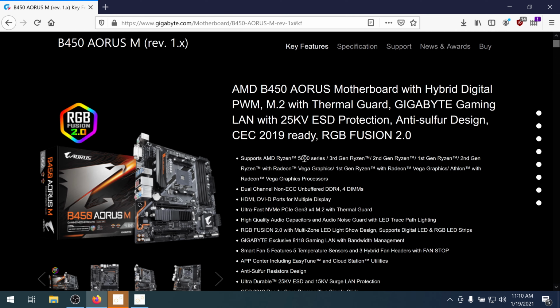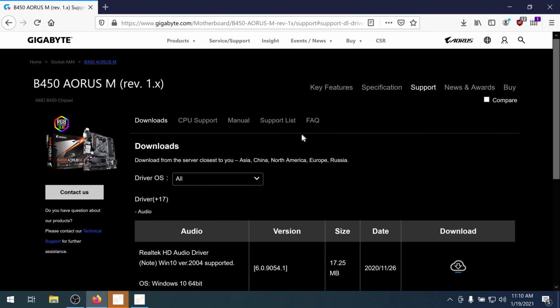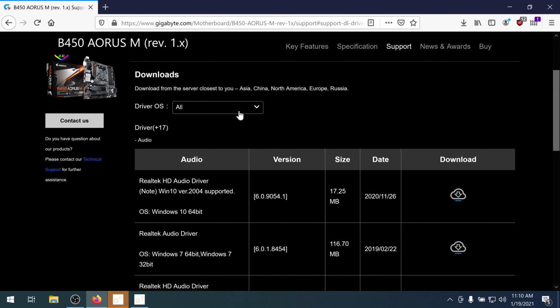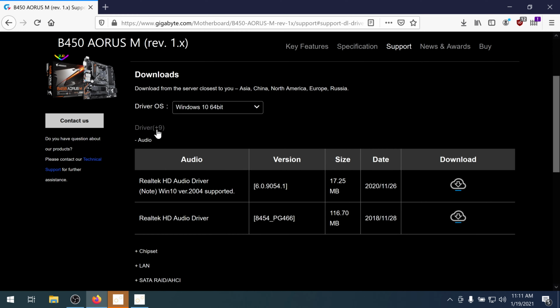Yeah, this is the one. Okay, go to support, driver OS. We need it for Windows 10 64-bit. This version must correspond with the version of your Windows. Okay.